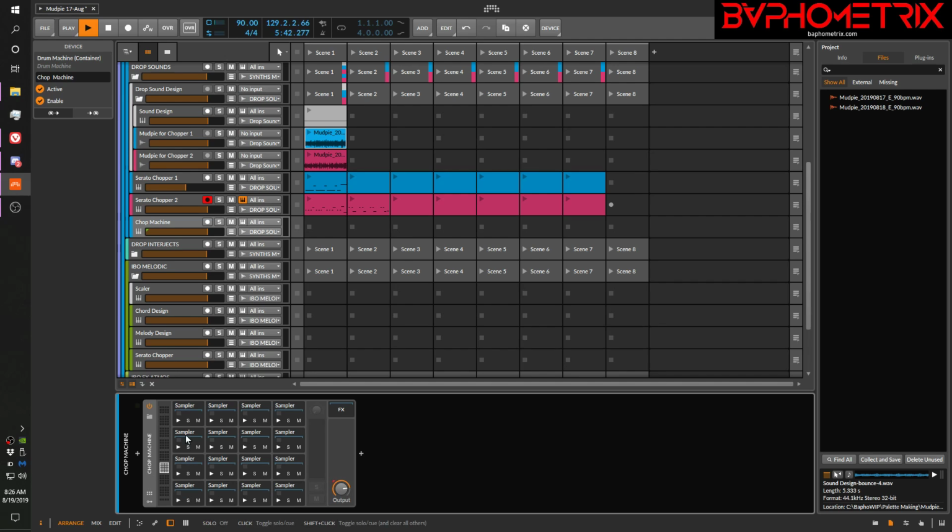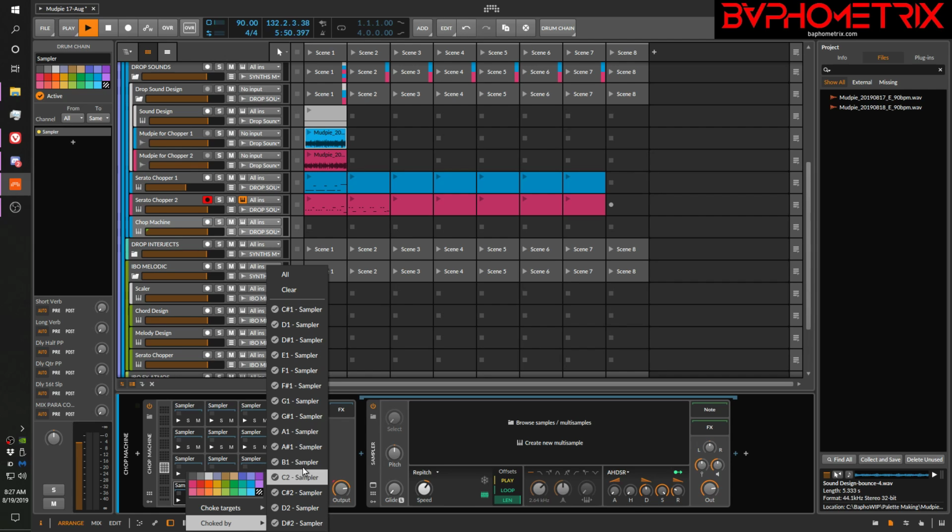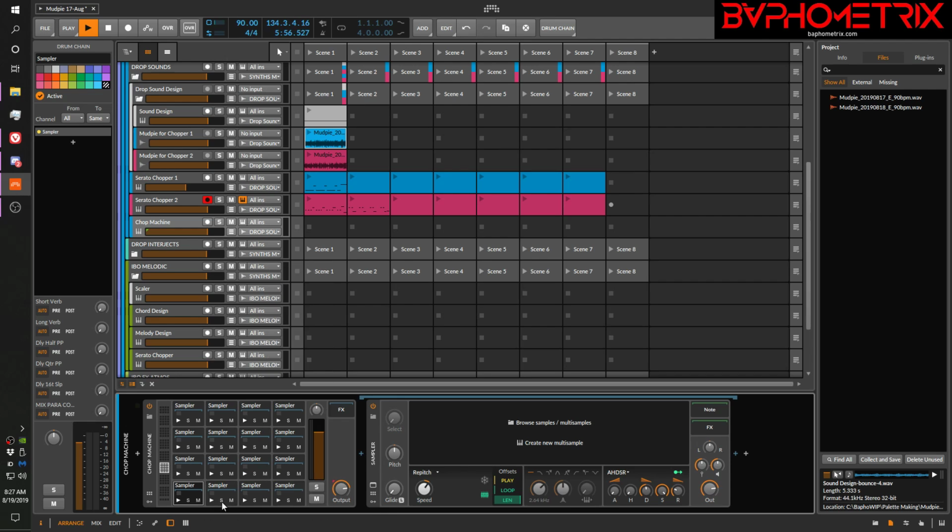But it does it in a way that populates every pad with a brand new sampler. And when you right click and check any of those pads for their choking behavior, by default, all choking behavior is off. And then you would have to walk through and manually set up every single pad one by one to be choked by every other pad, because you typically want these sounds chopping each other off. You don't want one key that you're still holding down to still be playing when you play a different key,